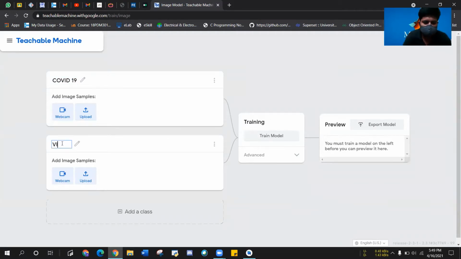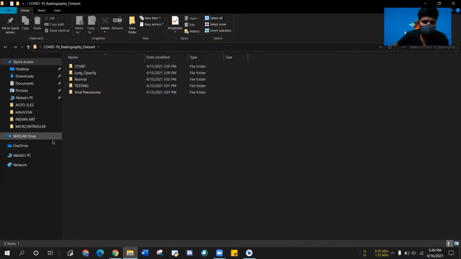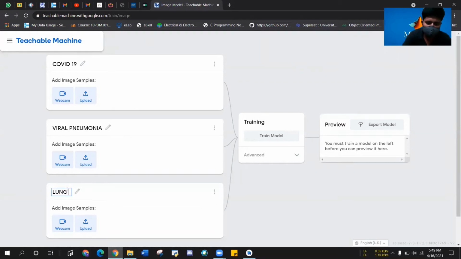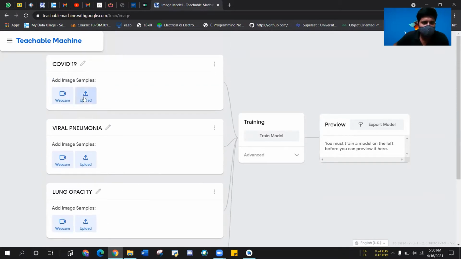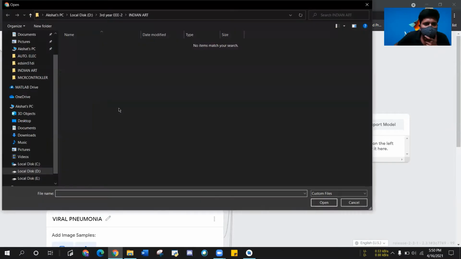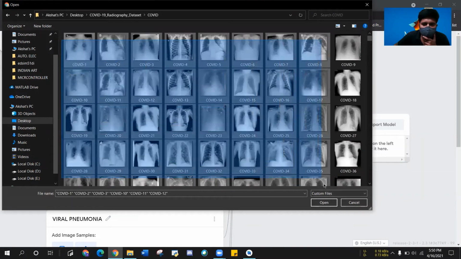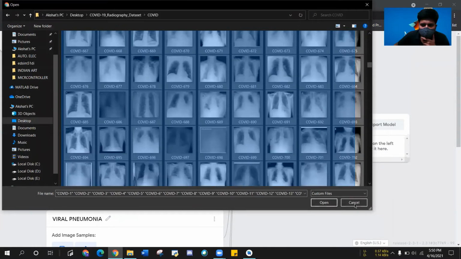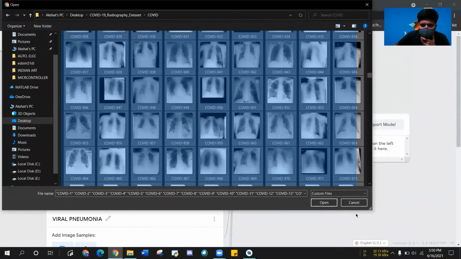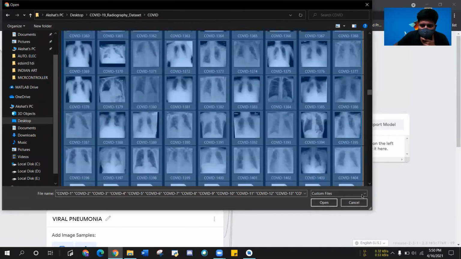As you can see, we'll open Google Teachable Machine and we'll start making four separate data columns. But make sure that before starting the project you have a good database, because here we are making an ML app which scans X-ray and tells whether you're having COVID-19 symptoms, viral pneumonia, or you're having healthy lungs. So for that we are using Google Teachable Machine, but beforehand I have collected a sufficient amount of database like X-rays for each of the diseases. So make sure that you have that sufficient database.